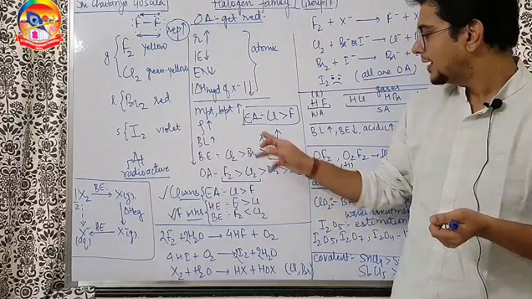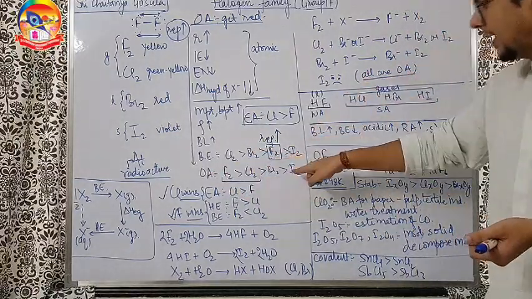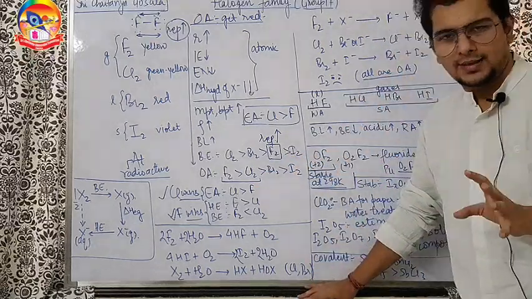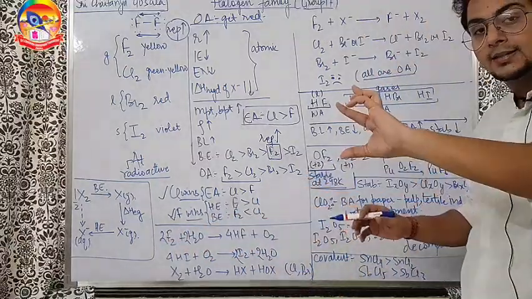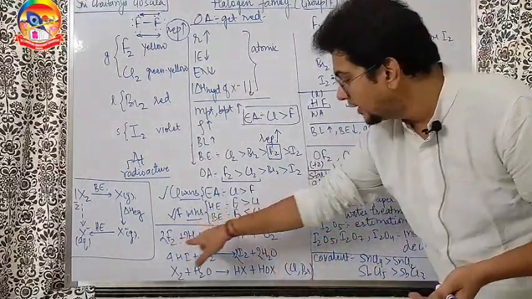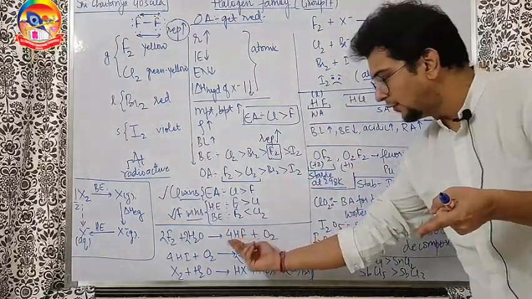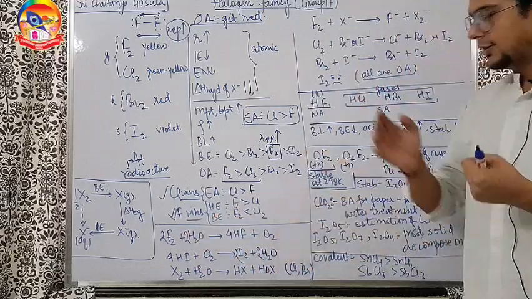Also, you have to understand, all of them are oxidizing agents, but out of them, iodine is the least powerful oxidizing agent. In fact, rather than acting like fluorine, it acts just the opposite. Fluorine with water gives HF and O2, and the reaction of iodine is just opposite: 4HI plus O2 gives you 2I2 plus 2 water.